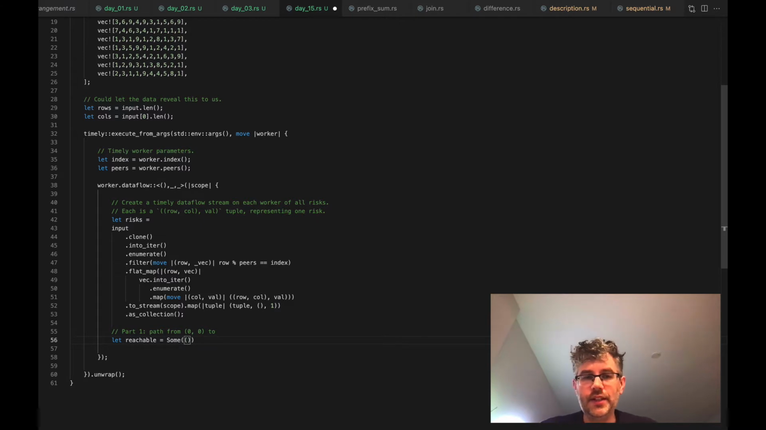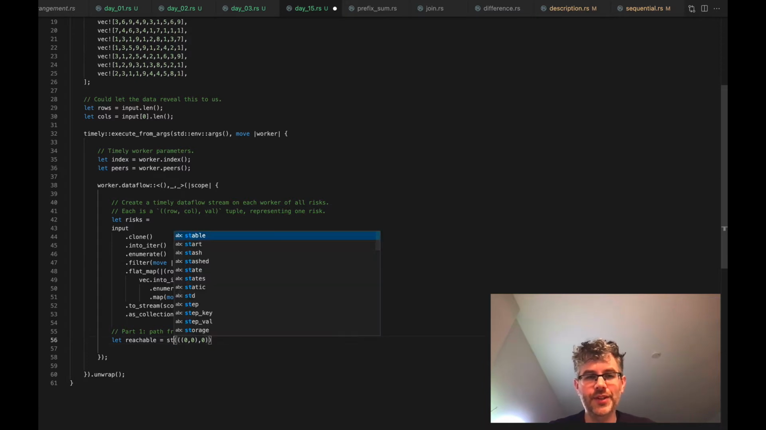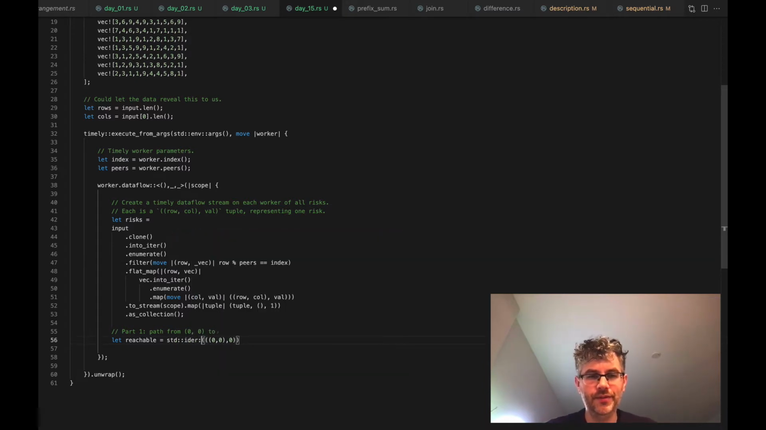What is the collection that we want? It's going to be 0, 0 that we start with at distance 0. I'm using sum, sorry, because it's going to be, I think, iter once. Basically, an iterator that contains a single thing, which is the row and column, and then the accumulated costs. And we're going to want to turn that into a differential dataflow collection,